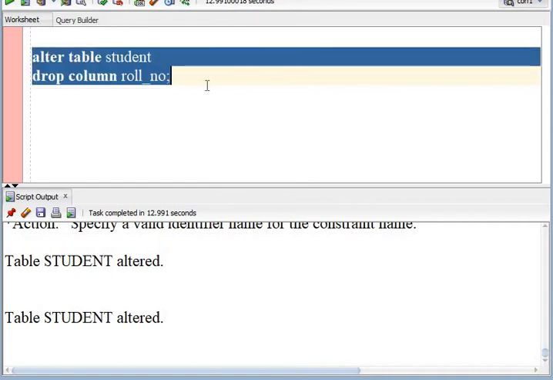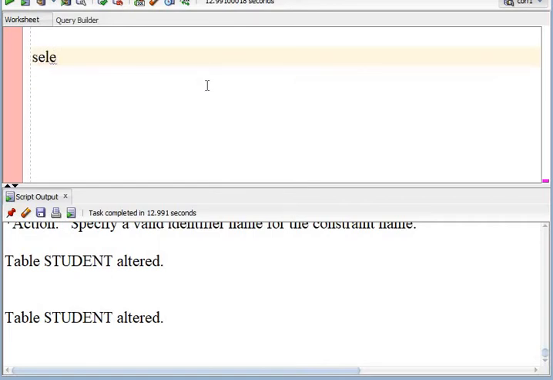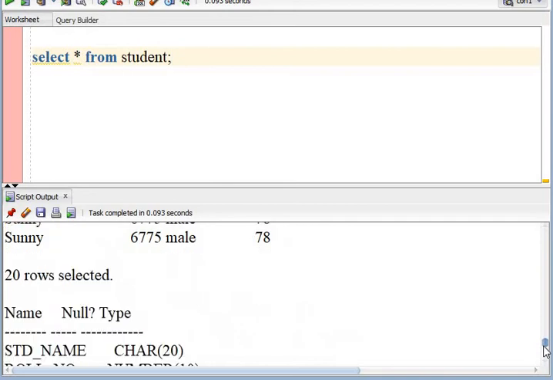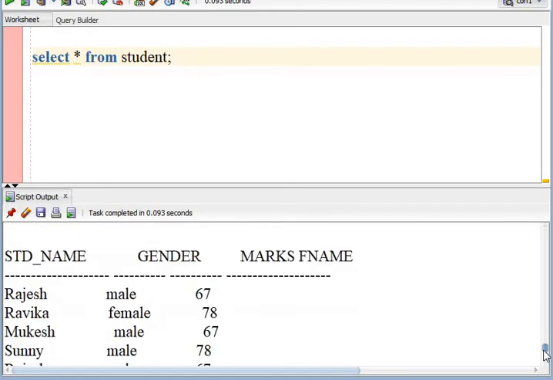Now the table is altered. See the data. Now there is no column with this name, roll number.